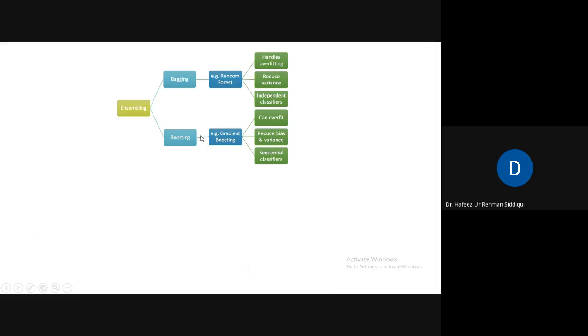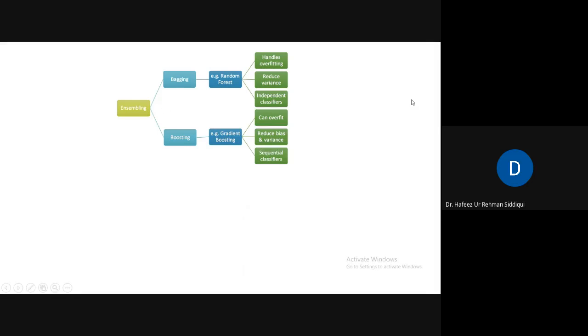And boosting types of classifier include gradient boosting. And what is the difference between these two? Independent classifier means every classifier is independent of the others, while in sequential,